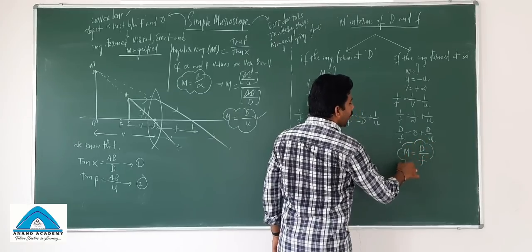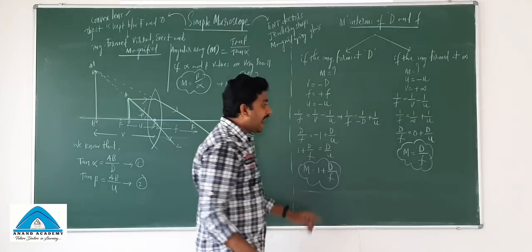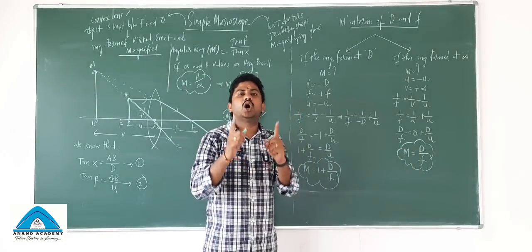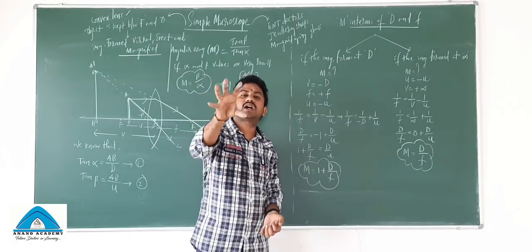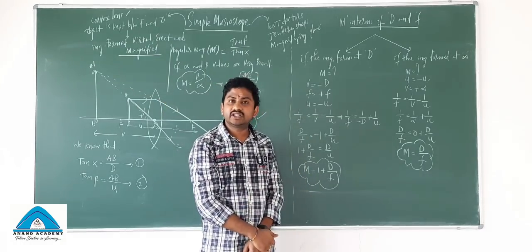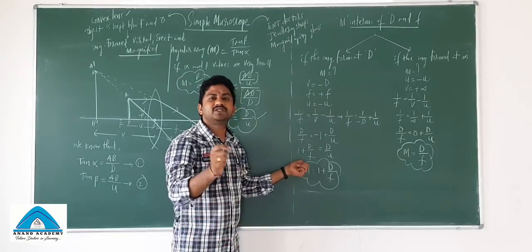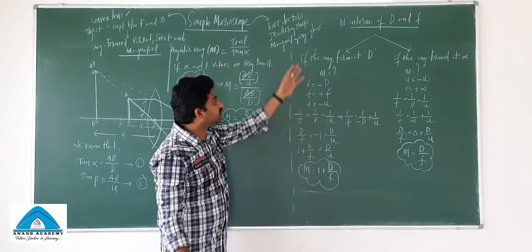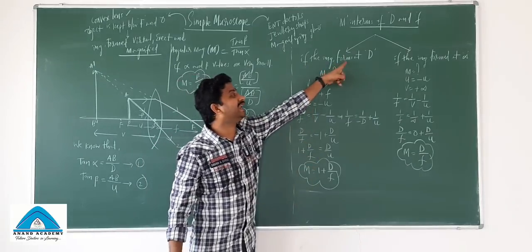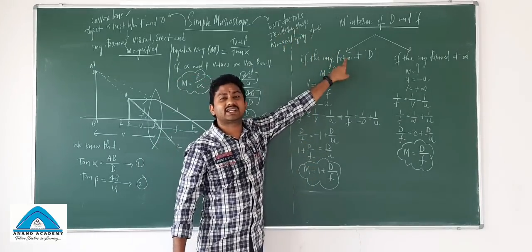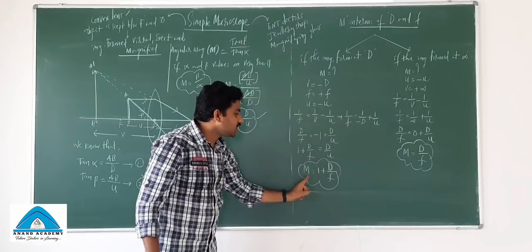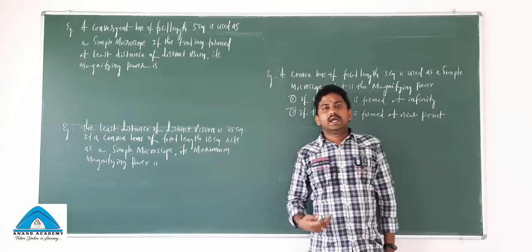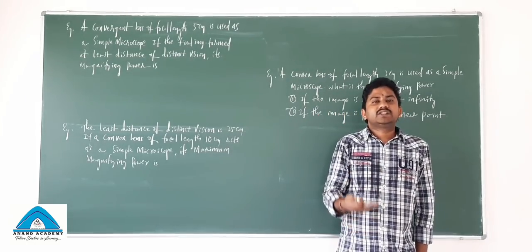So this is the angular magnification D by F when the object is kept at focus and the image is formed at infinity. Here, when the object is kept between focus and optic center, the image is formed at D. If the image is formed at D, M is equal to 1 plus D by F. Let us start a few numericals based on